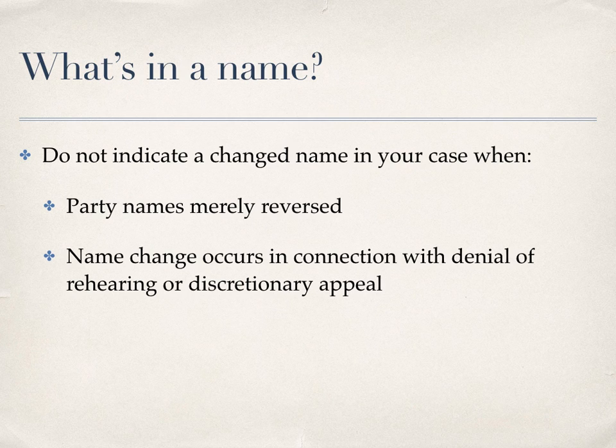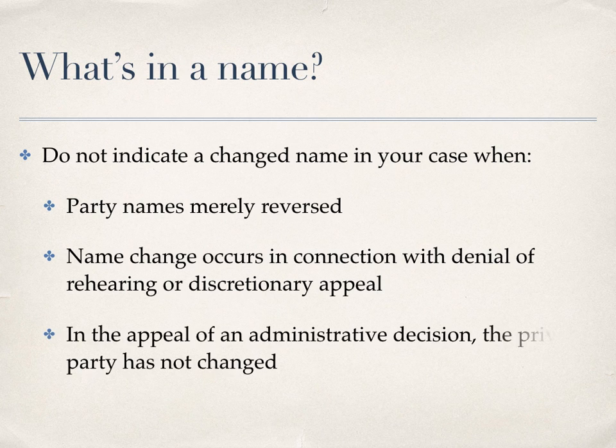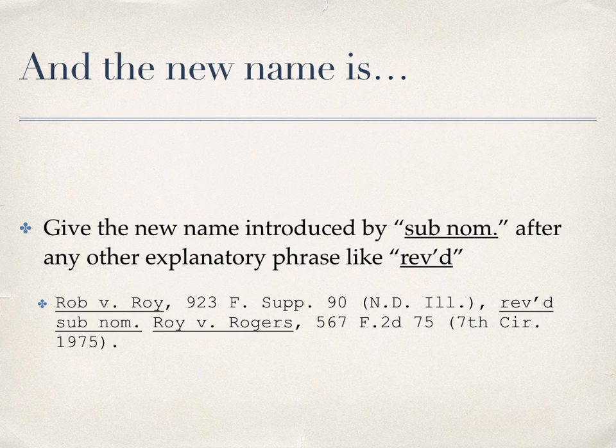Name changes that occur in connection with the denial of rehearing or discretionary appeal do not need to be included as well. If it's an appeal of an administrative decision and the private party has not changed, you don't need to worry about noting a changed name in the case. We also don't need to note name changes when any change in name is merely stylistic. So where there is a new name that doesn't fit into one of those four categories,